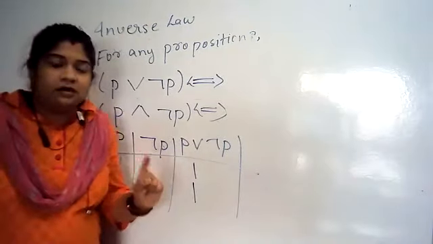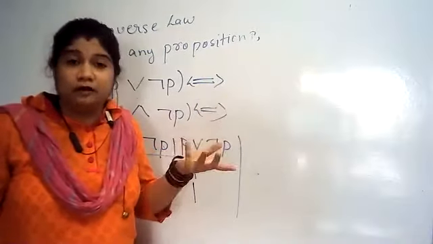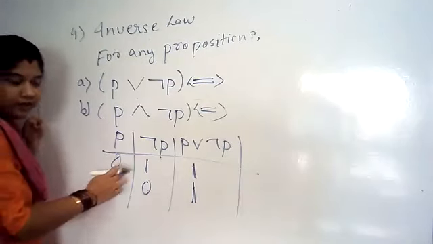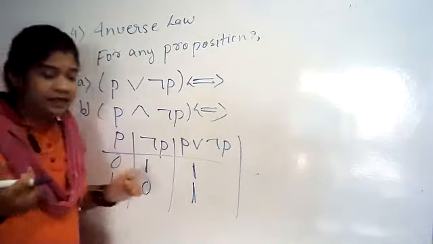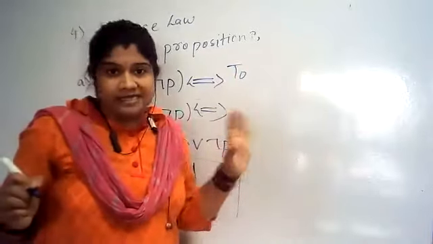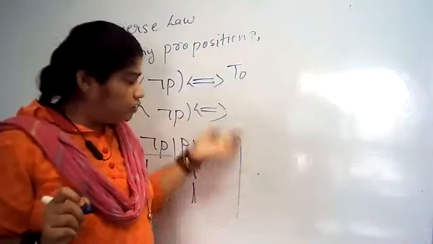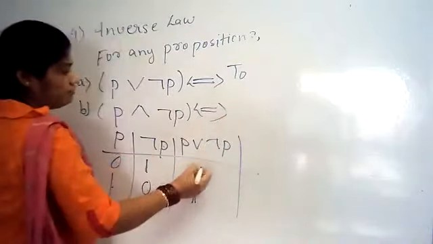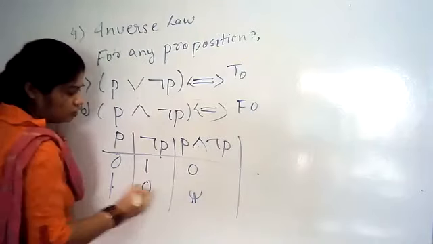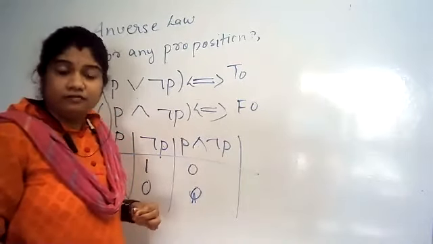Okay, suppose I don't remember whether T0 or F0 should come here. Compare: is this matching P? Is this matching negation P? No, it is not matching either. Then what remains? Both are 1, so the last option is tautology. If you can't remember, write it this way in the exam. This is what I want to suggest, since it is difficult to remember everything at any time. Cross verify by putting a truth table. Similarly here also I will get 0, 0, F0. With conjunction, 0 and 1 is 0, 1 and 0 is 0, so I have got contradiction.